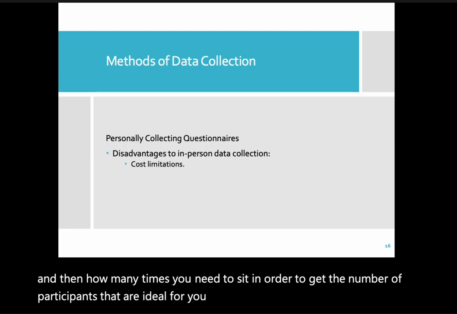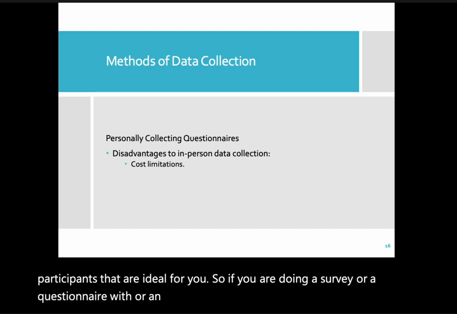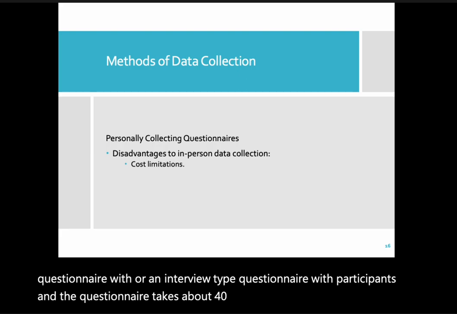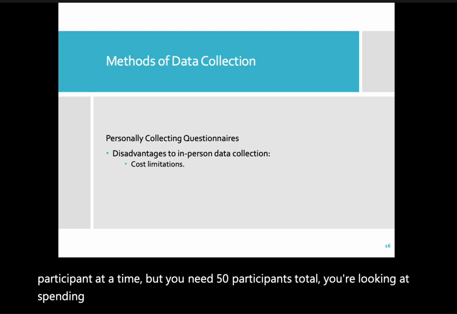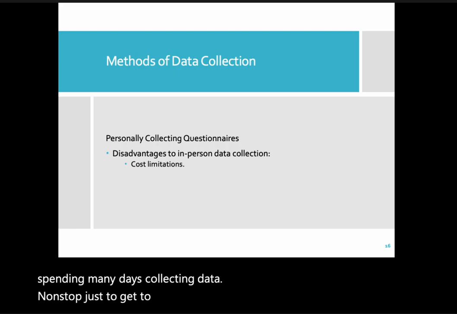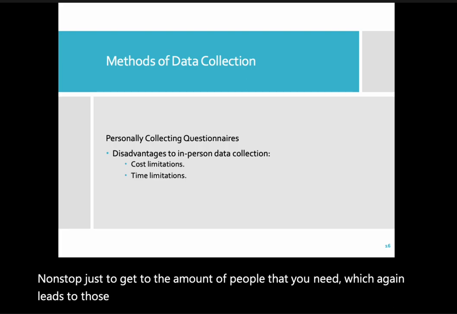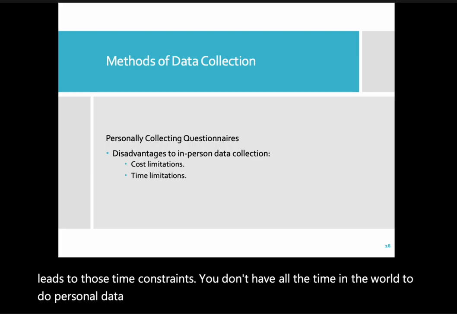So if you are doing a survey or a questionnaire or an interview type questionnaire with participants, and the questionnaire takes about 45 minutes, and you can only do one participant at a time, but you need 50 participants total, you're looking at spending many days collecting data nonstop just to get to the amount of people that you need, which again leads to those time constraints. You don't have all the time in the world to do personal data collection all the time,